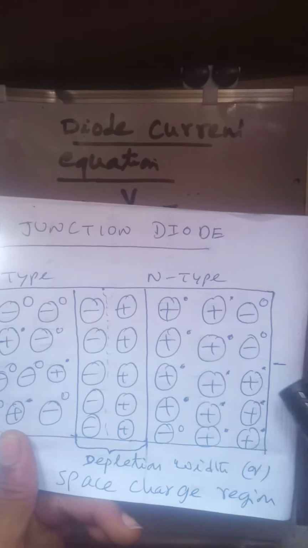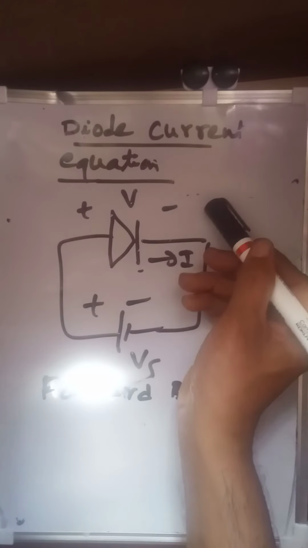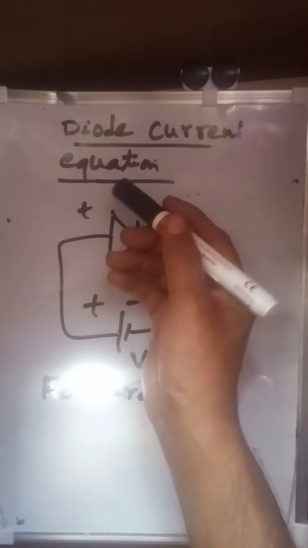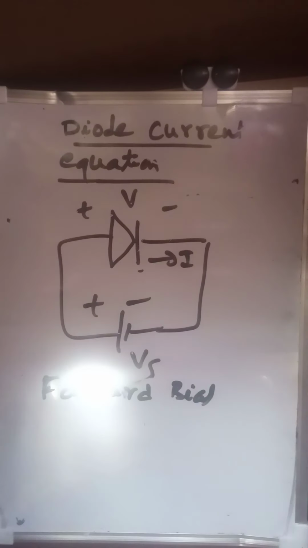There is one problem at the junction. The layer there, as we said earlier, opposes further electrons and holes crossing each other. This is the opposing junction voltage, and this is the applied voltage. Only if the applied voltage is more than this do holes cross from the p side to the n side and electrons cross from the n side to the p side. Thus the electron current starts moving. How is the current